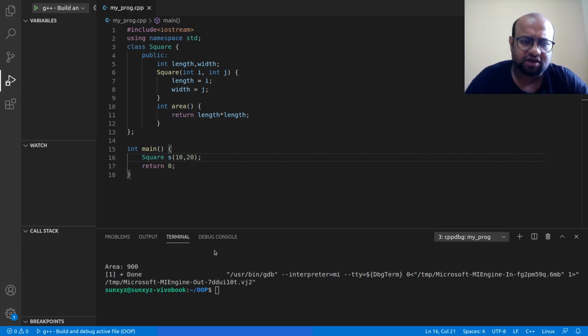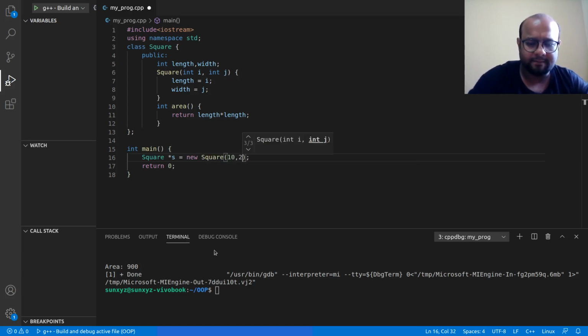So this object will be allocated space when this main function is run, and it will be allocated space in the stack because this is a local variable. Now I am going to do one thing. I am going to do this.